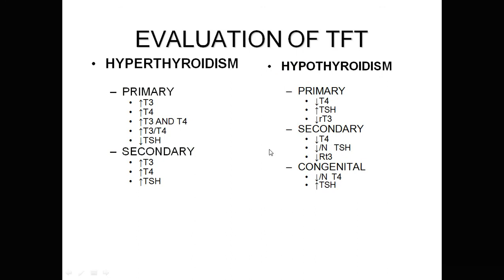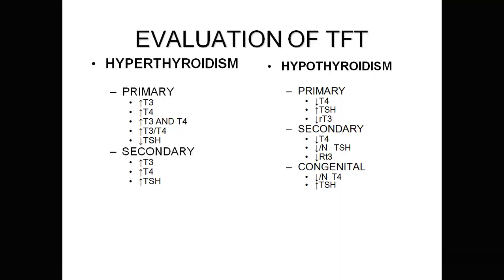So again, the hyper and hypothyroidism, as we discussed, to differentiate between primary and secondary hyperthyroidism, the level of TSH is important. In the primary, there is an intrinsic abnormality of the thyroid gland, so the TSH level is low. And in the secondary, it is due to a problem in the pituitary or the hypothalamic pituitary axis, so the TSH level is high. Similarly, in the hypothyroidism. So this covers the entire thyroid gland disorders and thyroid function tests.